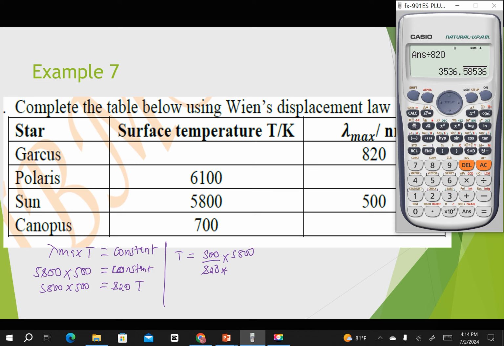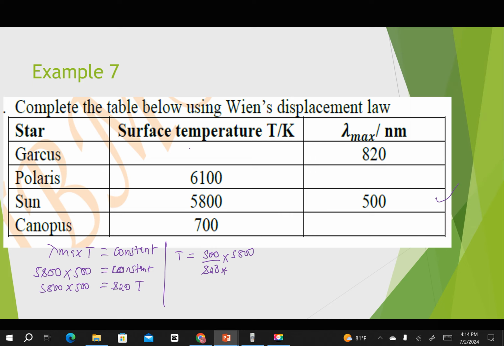So this is 3,500 to two significant figures. So I'll put here 3,500 Kelvin. Then here we need to find the wavelength. So I will just make lambda the subject instead. Making lambda the subject, I will say